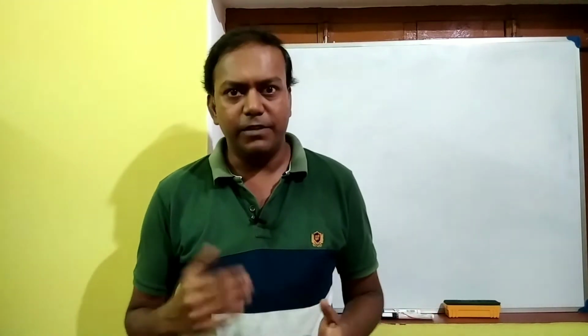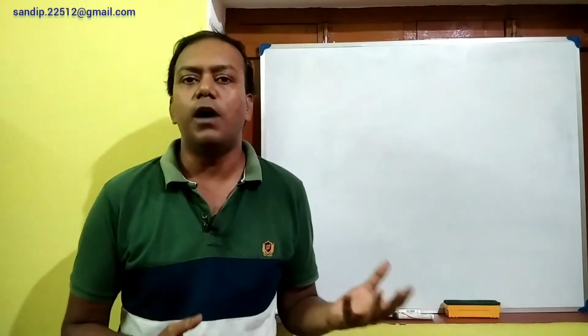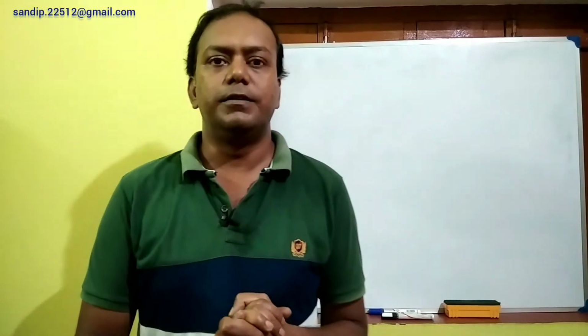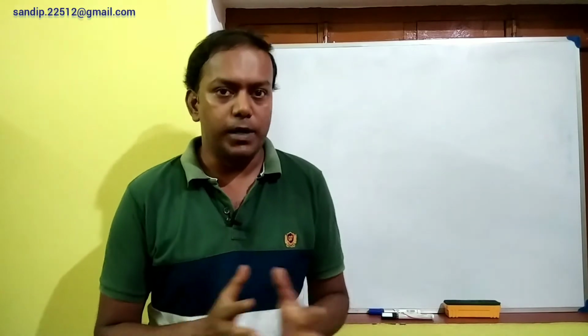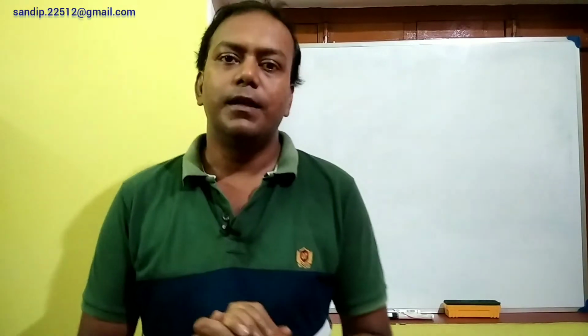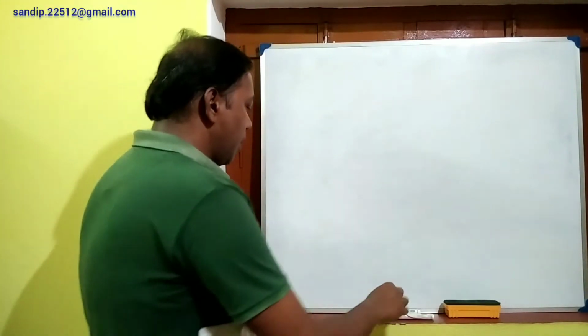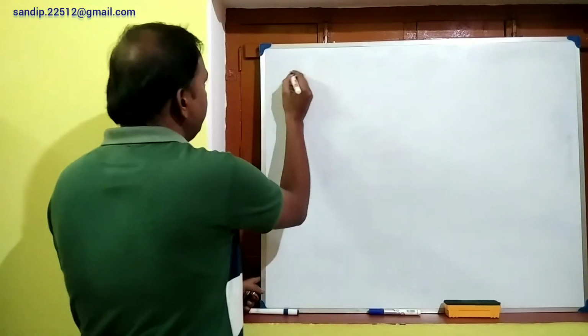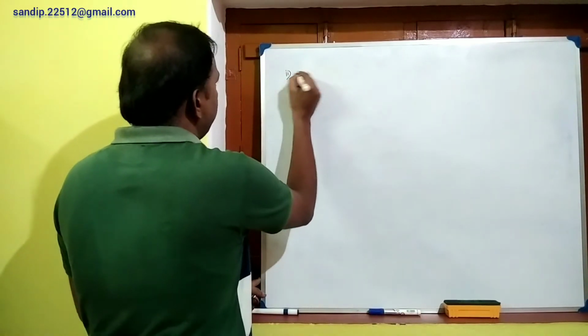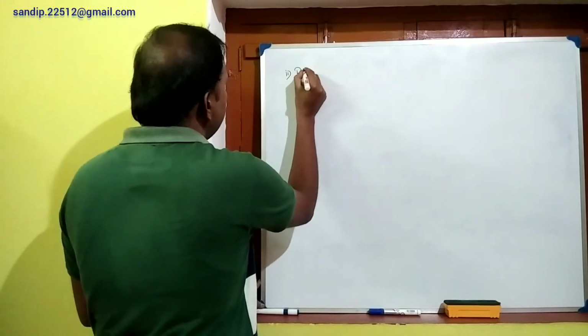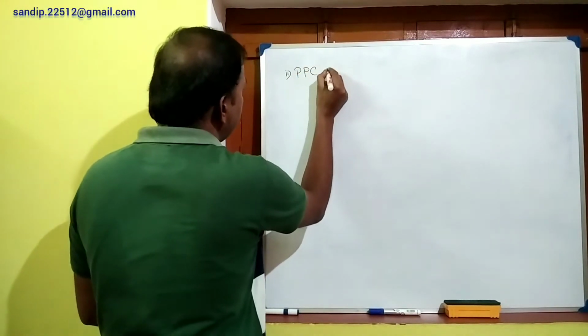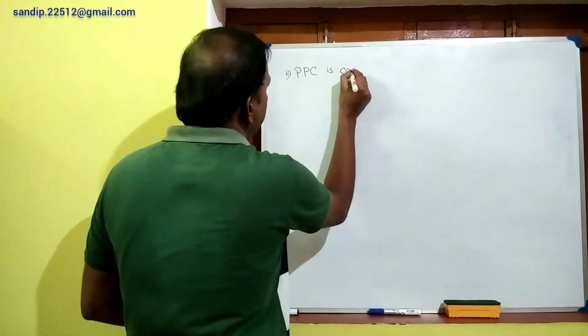Welcome back everyone. In my previous videos I have already discussed the concept of PPC or PPF, and in another video I have proved the first property of PPC, that PPC is downward sloping. Now today I am going to discuss the second property, and the second property is that the production possibility curve is concave